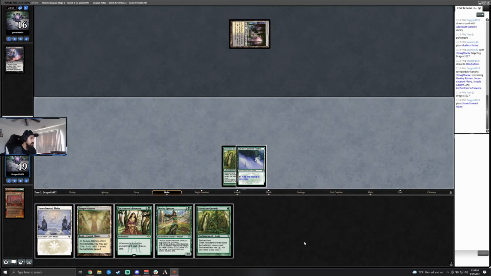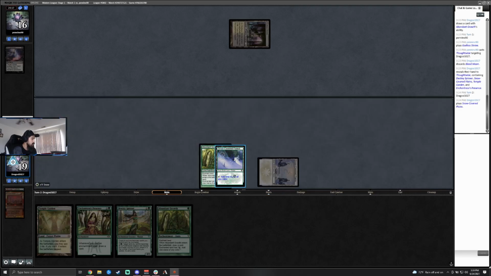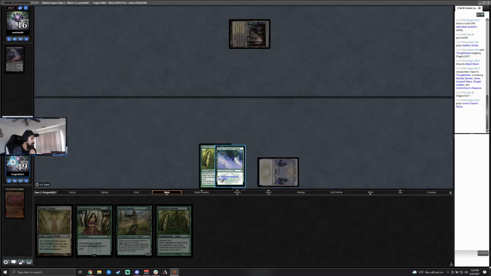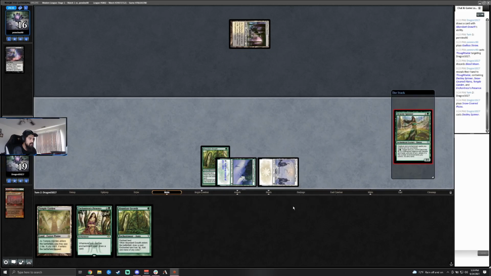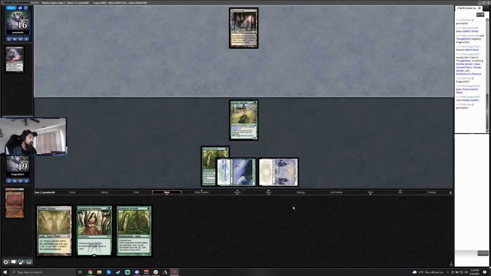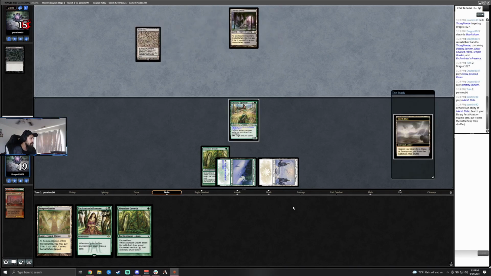Oh, good, another Abundant Growth. So nothing wrong with that, I suppose. But I think, yeah, we're just going to play ourselves a Destiny Spinner. There you go. We do need to get down this Enchantress's Presence. We would have loved to have had a Utopia Sprawl here just to power out a little bit, but